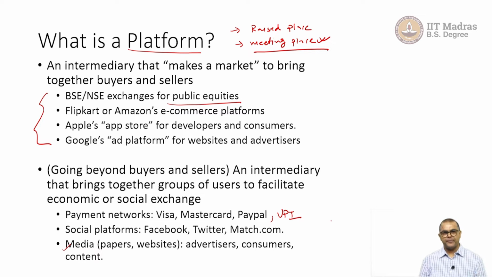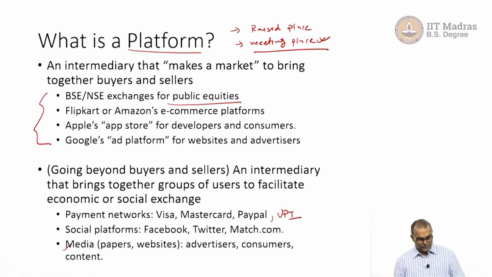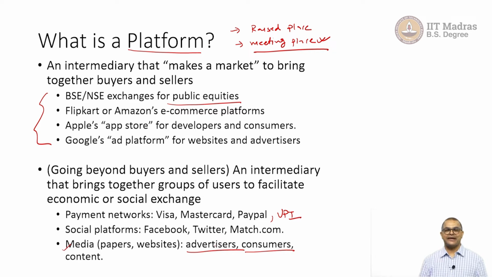Think of any newspaper. In New Delhi, I don't have the exact number, but on some days, Hindustan Times is more than 100 pages big. Do you think they charge 5 rupees, 4 rupees? Do you think that's enough to recover the cost of printing and cost of paper? It is not. So those newspapers are also bringing different people together. I would in fact say it's not just two-sided, it's multi-sided in the sense that it is bringing advertisers, consumers, and content writers. So this is a platform which has multiple sides.